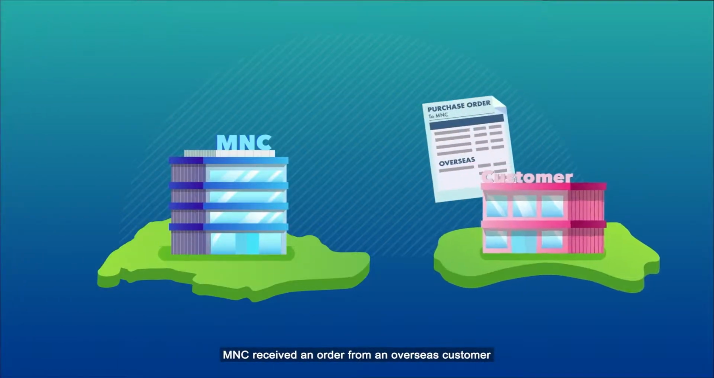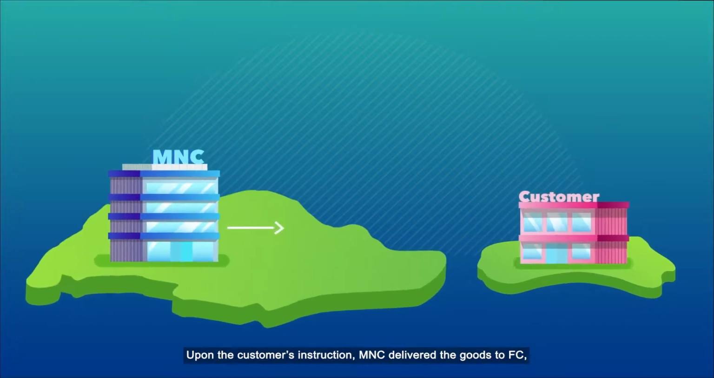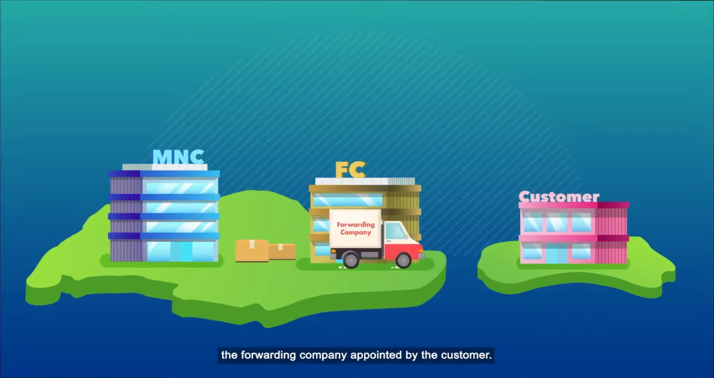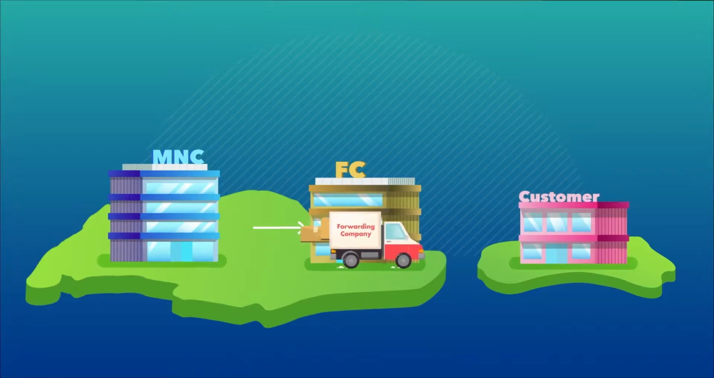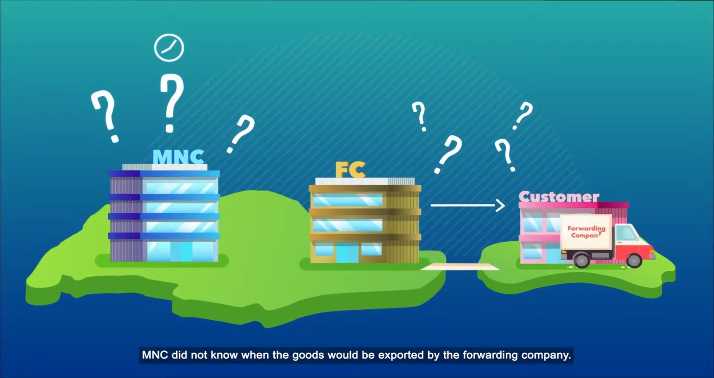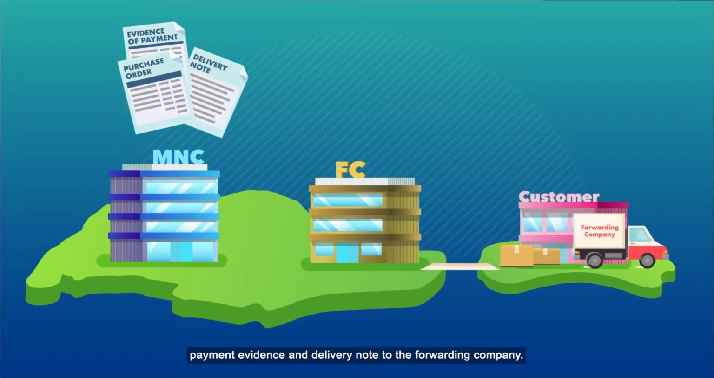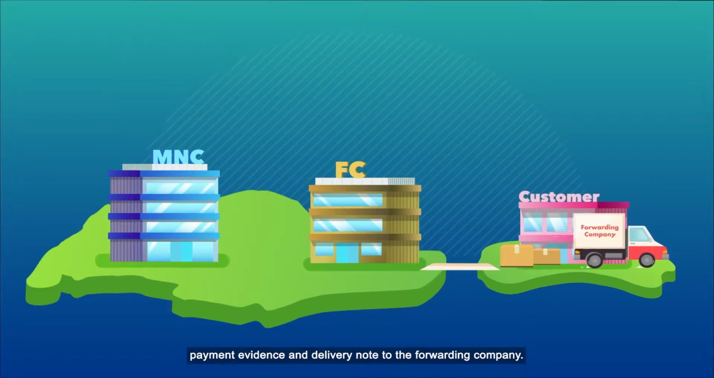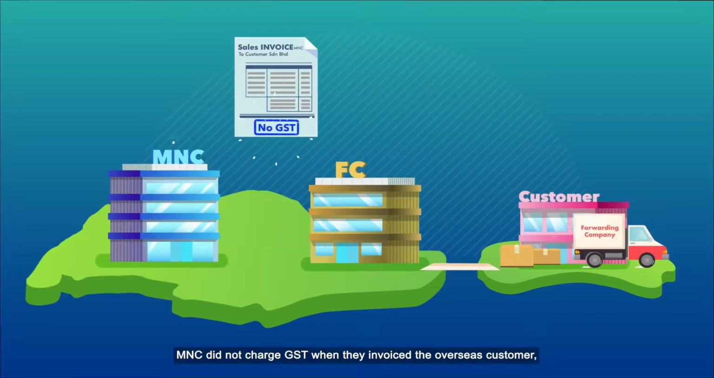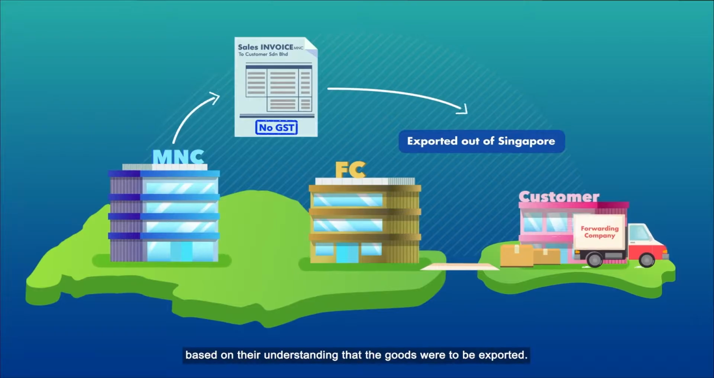MNC received an order from an overseas customer to supply food products overseas. Upon the customer's instruction, MNC delivered the goods to FC, the forwarding company appointed by the customer. MNC did not know when the goods will be exported by the forwarding company. MNC kept documents such as the purchase order from the overseas customer, payment evidence, and delivery note to the forwarding company. MNC did not charge GST when they invoiced the overseas customer based on their understanding that the goods were